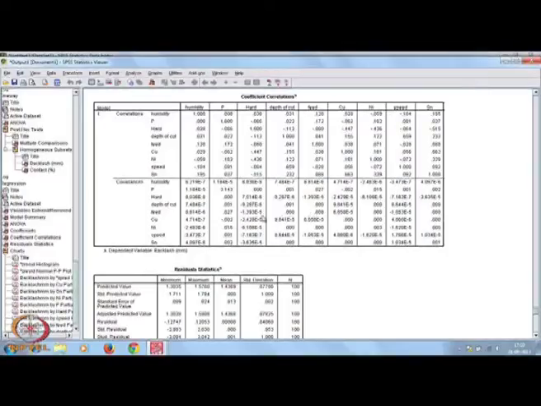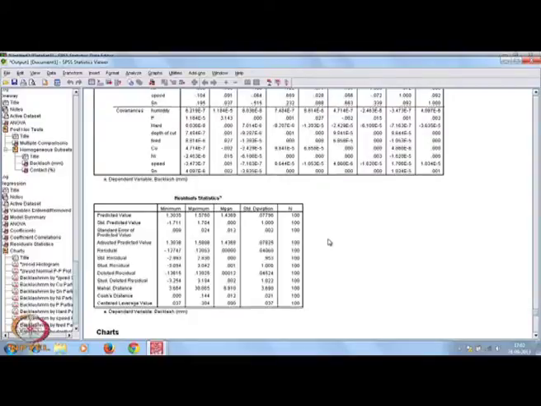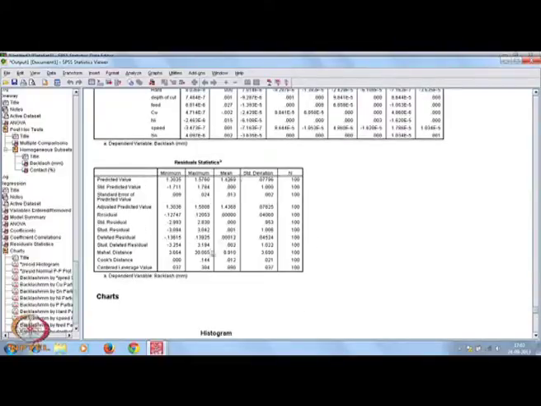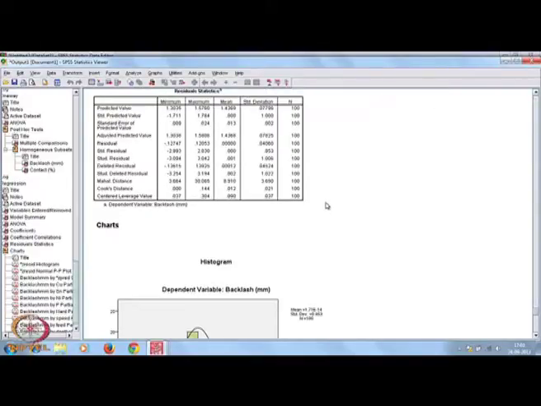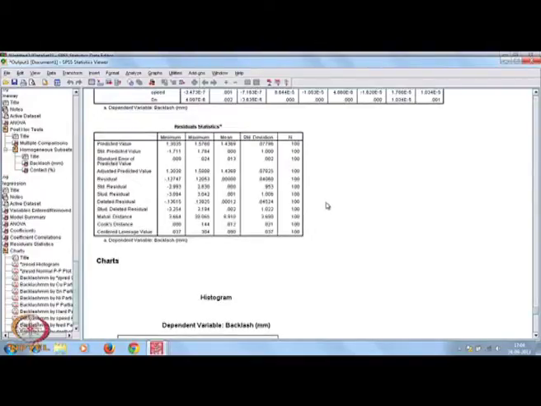So ultimately you are getting these values. Now, residual statistics: the predicted value, standard predicted value, standard error, all those things are given here, the mean, the standard deviation, everything. Almost everything you want will be available from the SPSS output, and whatever options or outputs are available here are sufficient for your work.